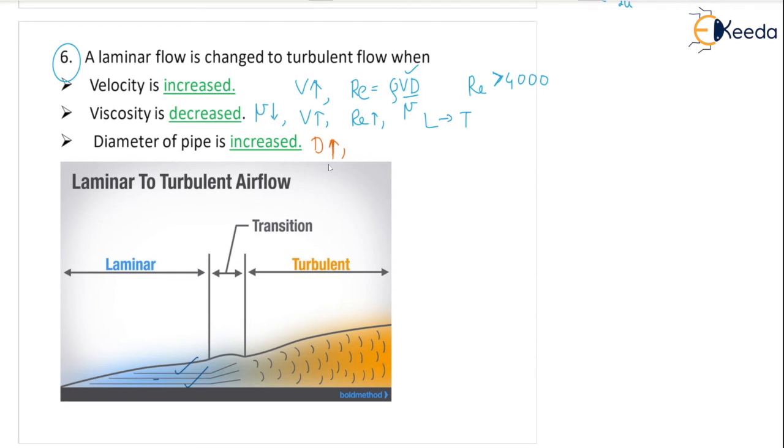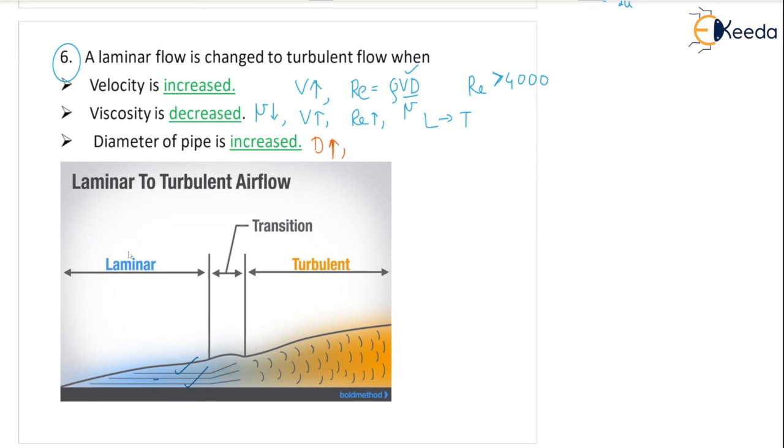Okay, for example, suppose in a narrow road you are going and the traffic is more, so you are bound to go one behind the other, right? Making a straight line. It looks like a laminar flow. But after the signal, suppose the road is wide and having less traffic, then you go left and right and also overtake and you go at a very high speed, correct? So you are creating a turbulence. So if more space is available, the fluid particles also behave in the same manner, creating turbulence in the flow.